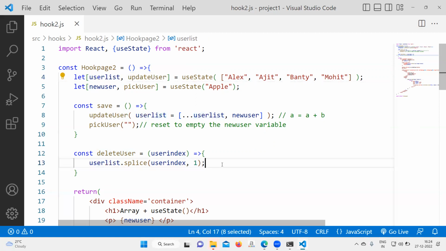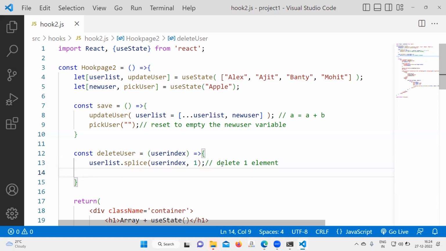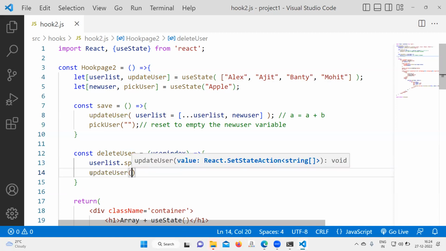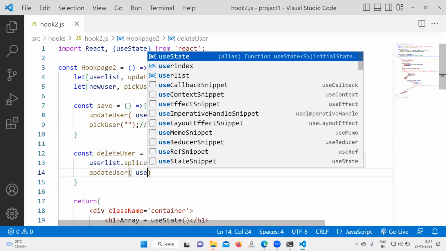So how will it be? This line is deleting one element. Okay, one element is deleted. After that, what will happen? The remaining elements, again, we have to update under the state. So to update the remaining elements under the state, you have to call their function, update user, which is managing the user list. Inside update user, again you will pass the user list,